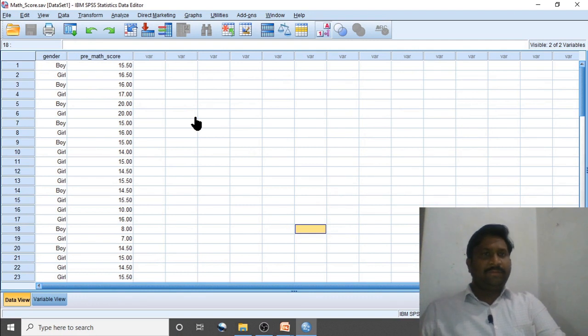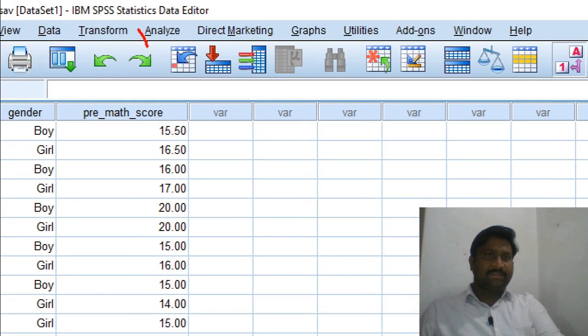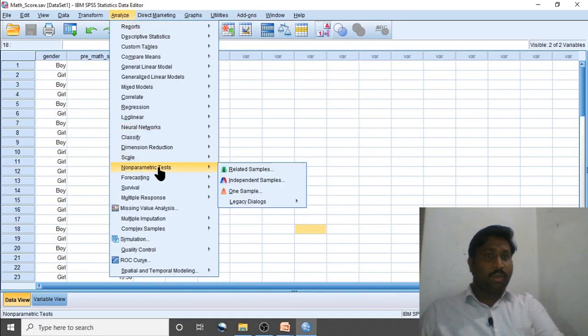So we know for every analysis we need to click on analyze. So similarly here I will click on analyze, non-parametric tests, because Mann-Whitney U-test is a non-parametric substitute for independent sample t-test.